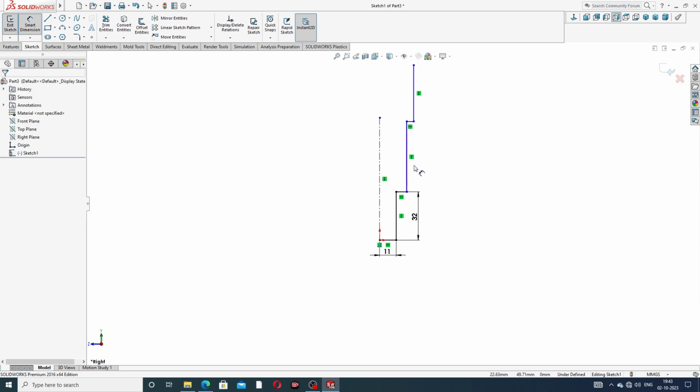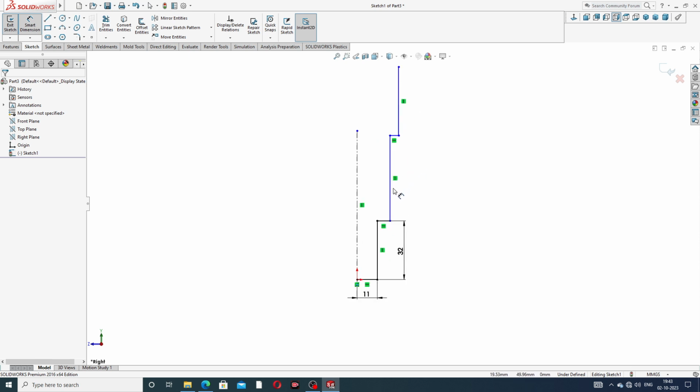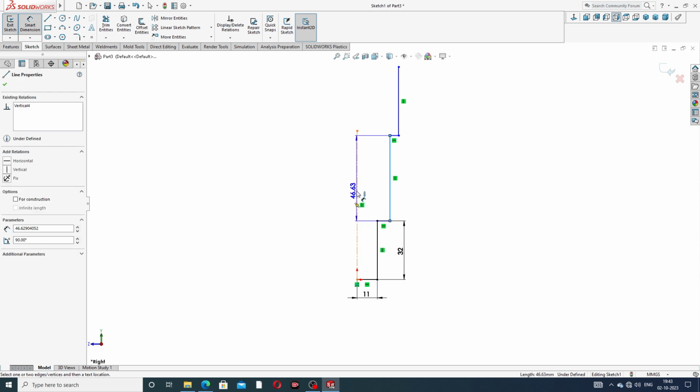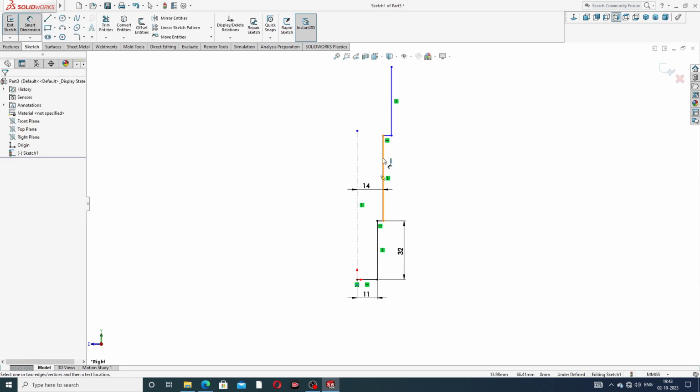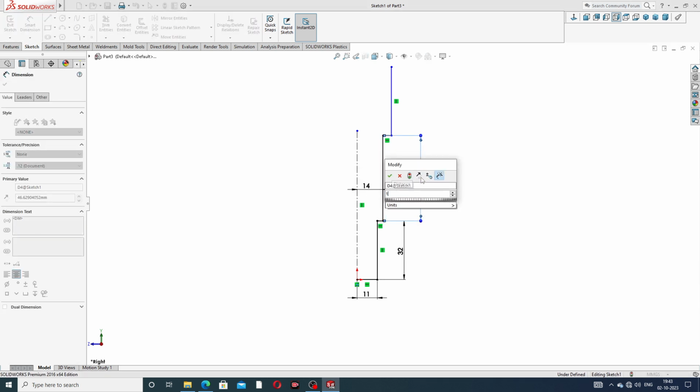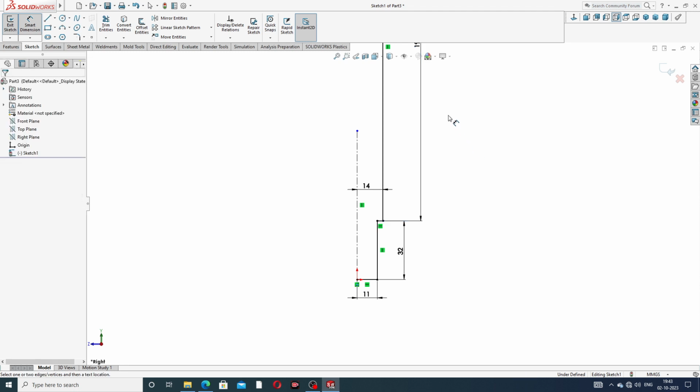Also select this 14 millimeter, and this line is 190 millimeter, perfect.